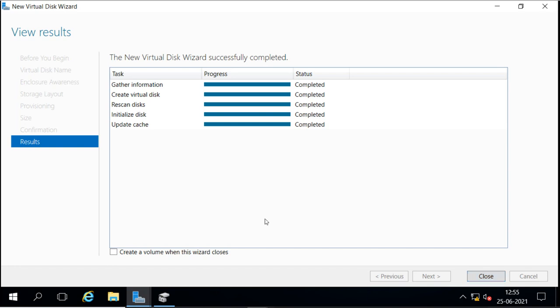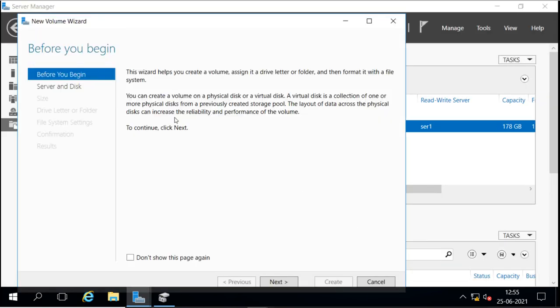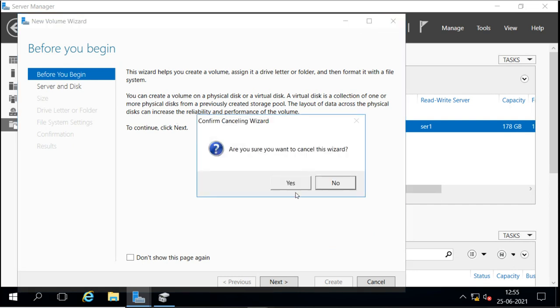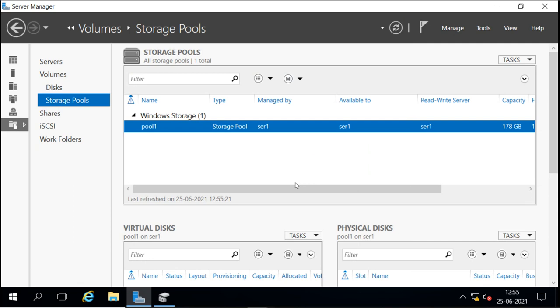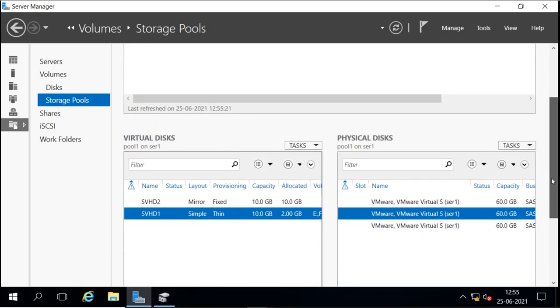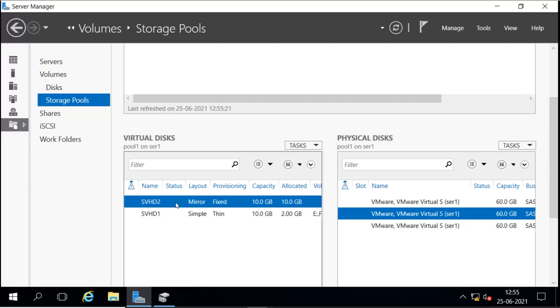If you want to create the volume, you can select this and it will open the wizard directly. So when I close this, it opens the wizard to create the volume in that virtual disk. Now where is the virtual disk? We can see this is the virtual disk, and the capacity is 10 GB out of 10 GB, so it has taken 10 GB.